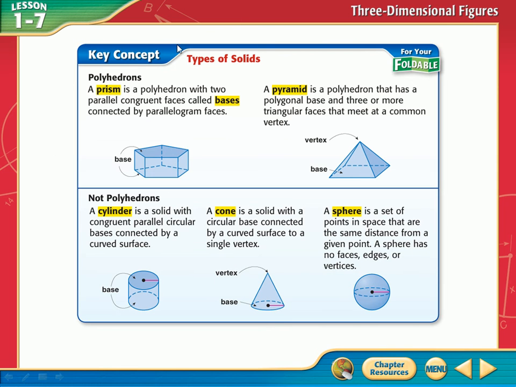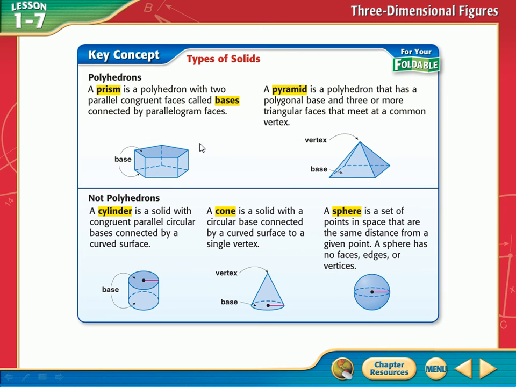Let's take a look at this first word right here, polyhedron. They have a definition in the book on page 67. It's a solid with all flat surfaces that enclose a single region of space. So you have all flat surfaces. A polyhedron is not curved. Do you have all flat surfaces right here? Yes, you do. It's a solid as well. It's all enclosed, and there's no gaps in it, so that's a polyhedron.